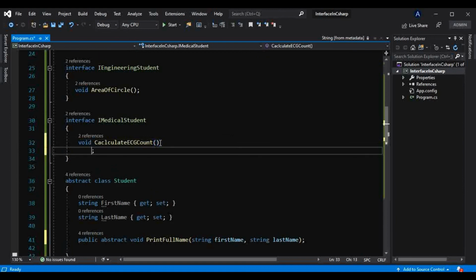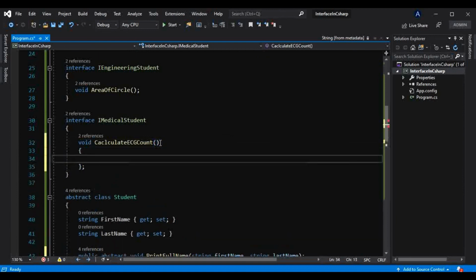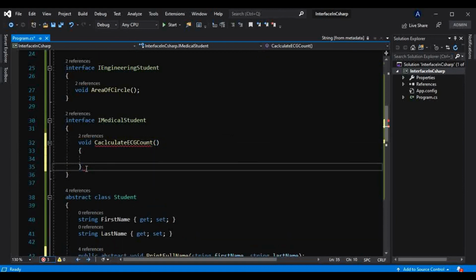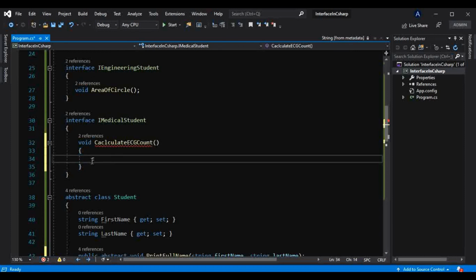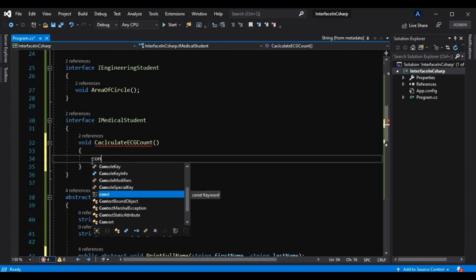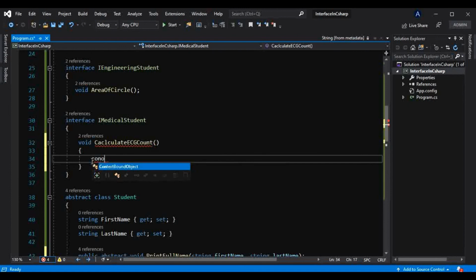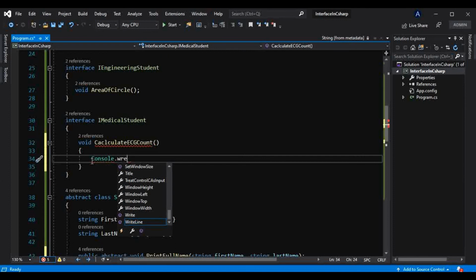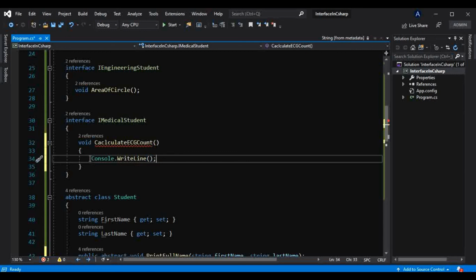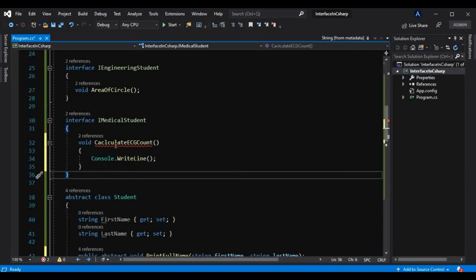Okay, so here I have shown you at the very start, if I try to have implementation right here like this, console dot write line like this, we will not take any message here, but still it is throwing an error.